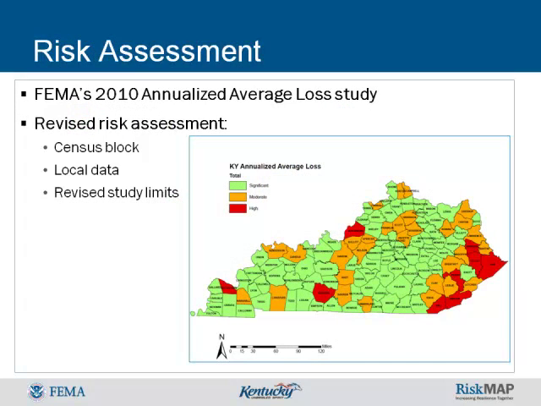Average annualized loss is the estimated long-term weighted average value of losses to property in any single year in a specific geographic area. FEMA collects this data to use in the HAZUS risk assessment to assess flood risks and hazards. FEMA conducted a survey in 2010 using census information to serve as a baseline, annualized average loss using data readily available at the federal level. One of the components of RiskMAP is to revise this annualized average loss study with better information on a watershed